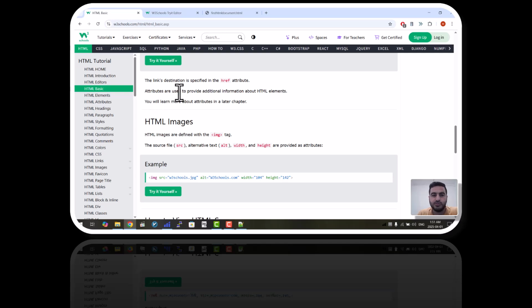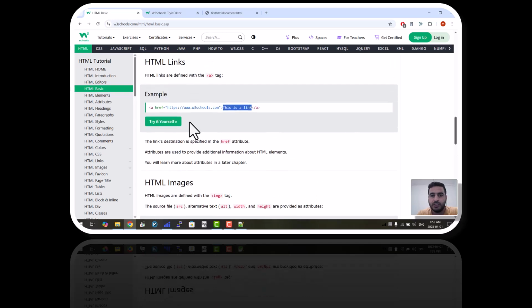Attributes are used to provide additional information about HTML elements. When you declare an href for an a tag, you can add additional information to this link. If you don't declare an href attribute for a link, it doesn't go anywhere. For example,